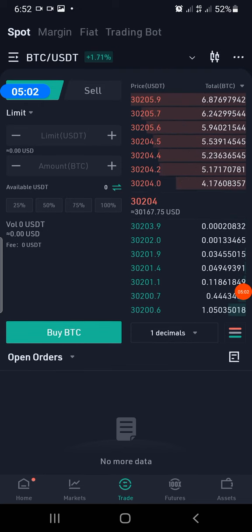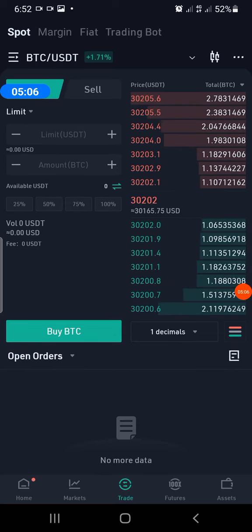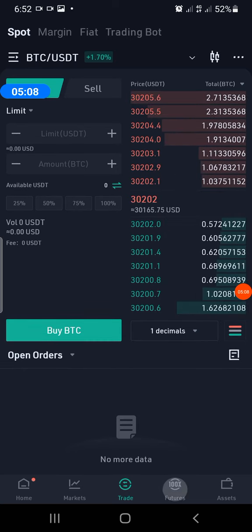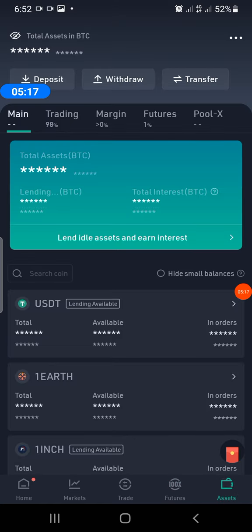Your P2P is a form of spot trading. Your trading bot is a form of spot trading. Now, this area is the futures trading, where we should be focusing on. Here is your asset. In this asset, this is where you can deposit, withdraw, or transfer your currencies, your trading